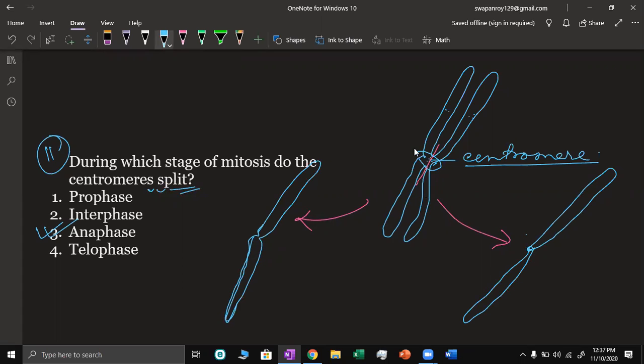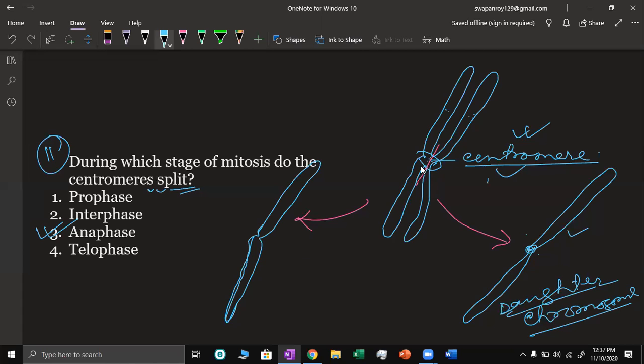These two chromatids will separate by longitudinal division of the centromere. This is the normal case, the centromere divides longitudinally. So the two chromatids are separated. Now these chromatids are known as daughter chromosomes. Now they are daughter chromosomes. So daughter chromosomes separate due to the longitudinal division of the centromere.